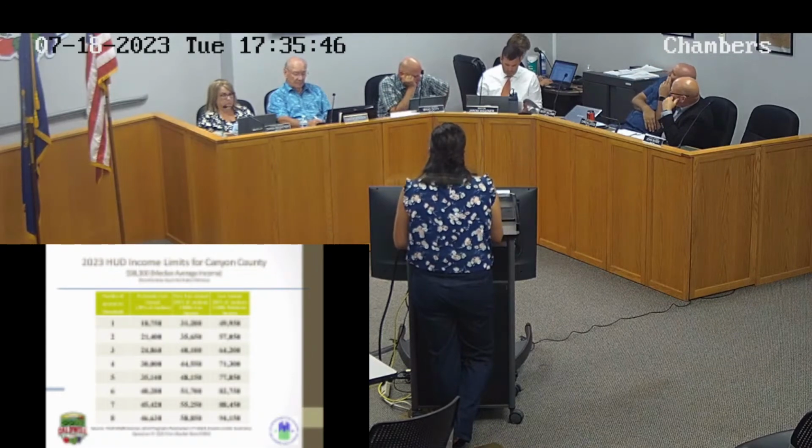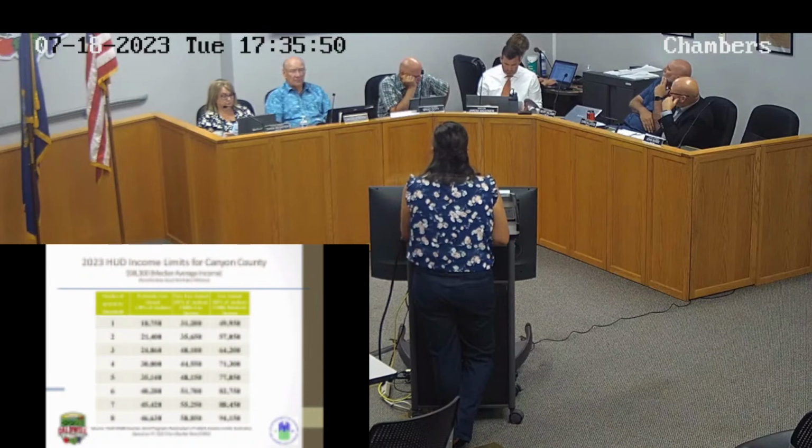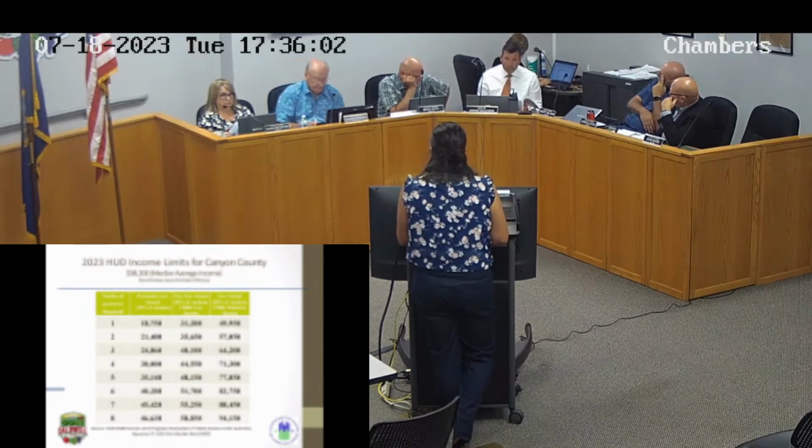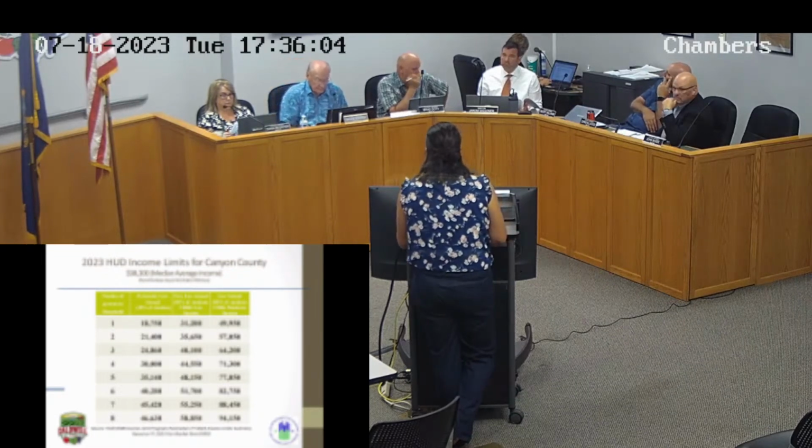These figures do encompass the whole Treasure Valley. It is part of the Boise City HUD Metro former area, and so it is a little bit skewed, but it does show us an average within our area of the Treasure Valley. And if you look at, for example, number of persons in households, so let's take a look at